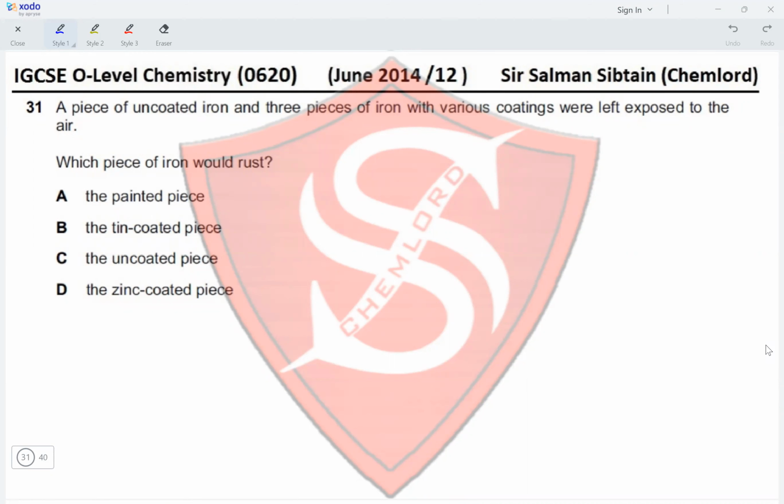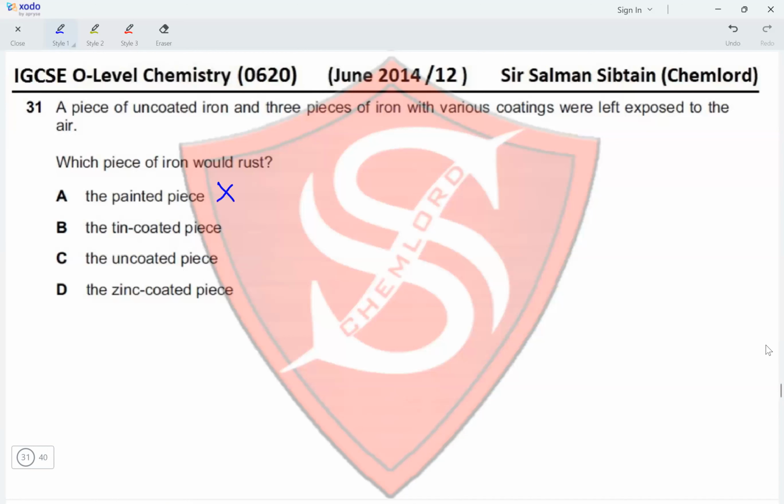Easy, the uncoated one. Because whatever is coating the iron, if it is more reactive than iron, then it would react with oxygen. And if it is something that is preventing oxygen from reacting with iron, then iron would not react. So let's see. The painted piece, yes, the paint would prevent iron from reacting with oxygen, so this will